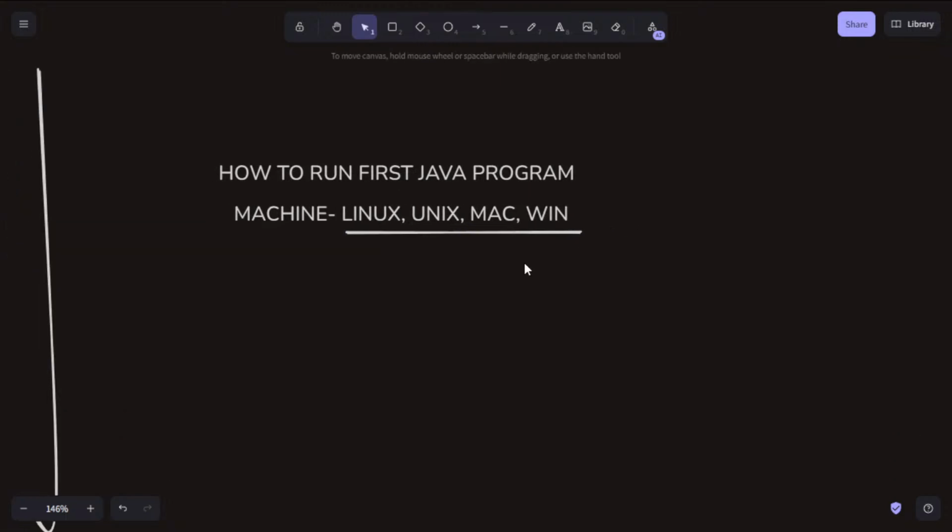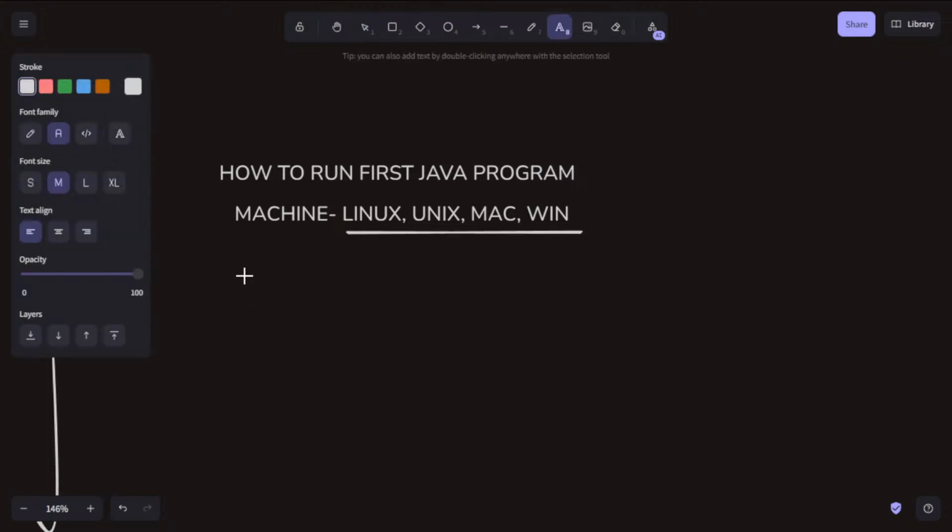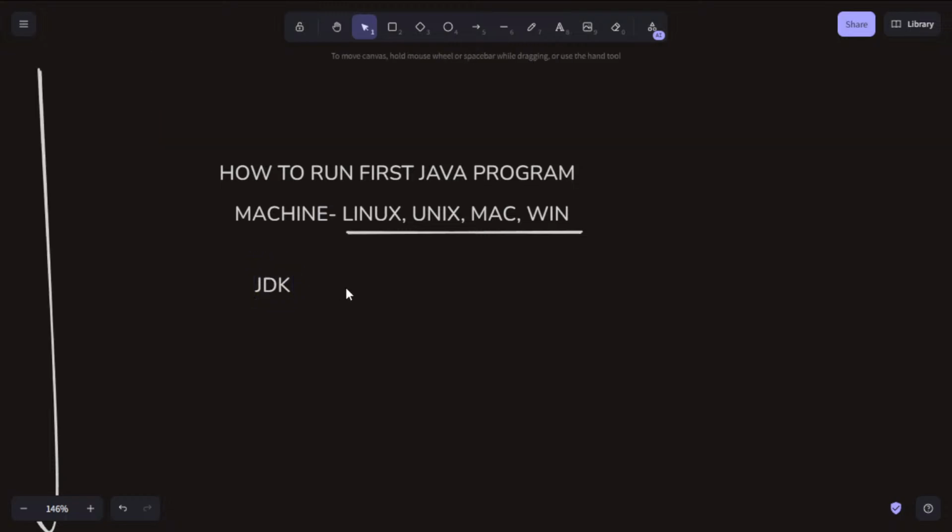Then the second thing that we require to run a Java program is the JDK. What is the JDK actually?